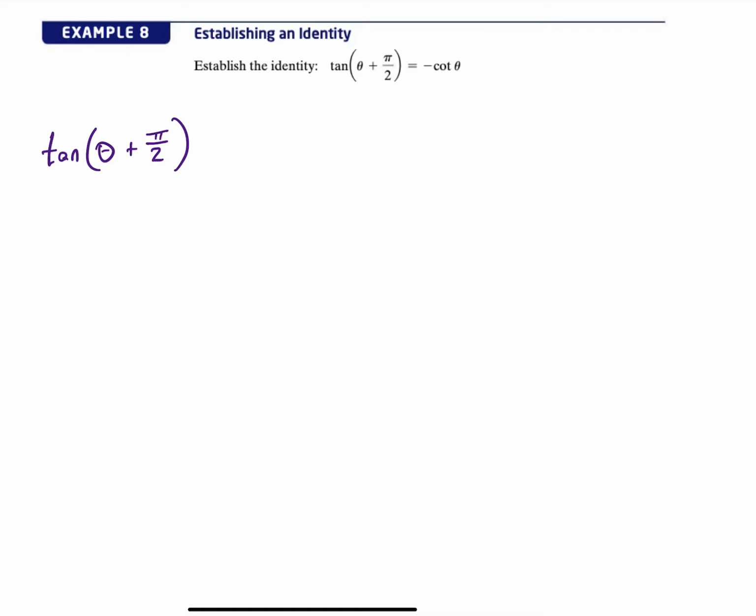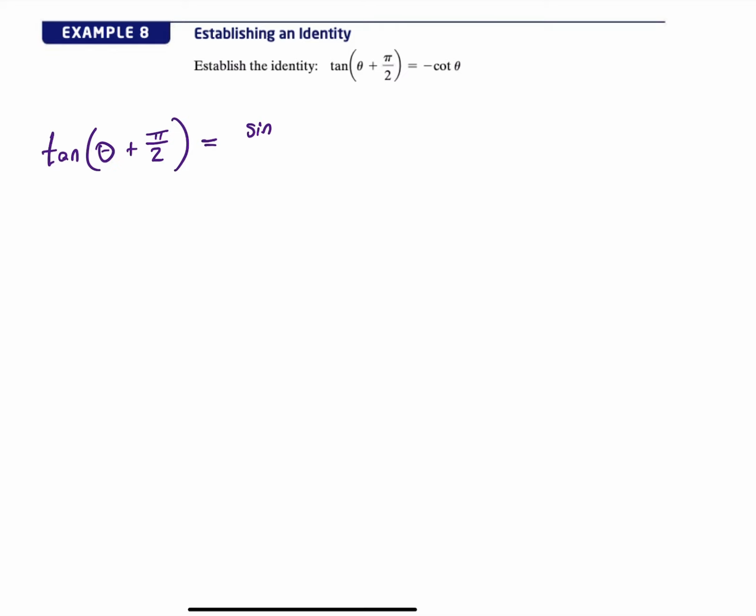Well, we can do a similar thing, except we would end up with tangents of pi over 2. And let's remember that the tangent of pi over 2 is actually undefined. This is the point (0, 1). Sine over cosine would be 1 divided by 0. So tangent of pi over 2 is definitely not defined, but let's try expressing this in terms of sine and